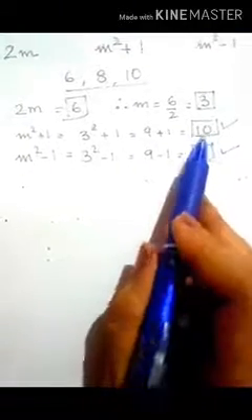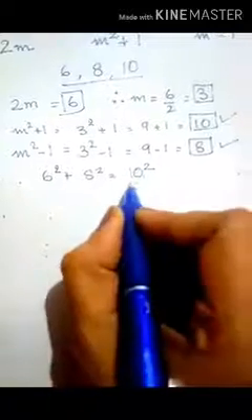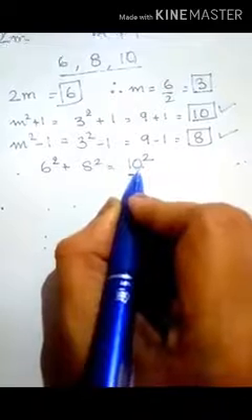Okay, so one number was already given to me, 6, and the other two I found, 10 and 8. Now always the greater number is the c square. Okay, so always we'll have 6 square plus 8 square equals 10 square. 10, because it's the greatest, so obviously the sum of two smaller numbers will be equal to this.